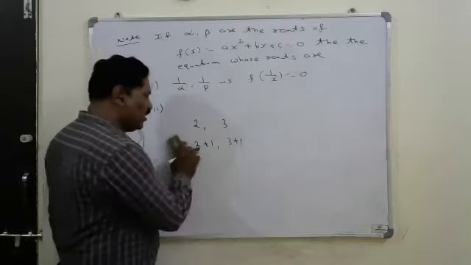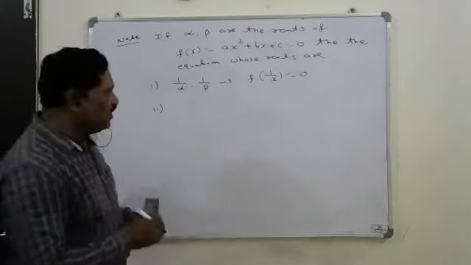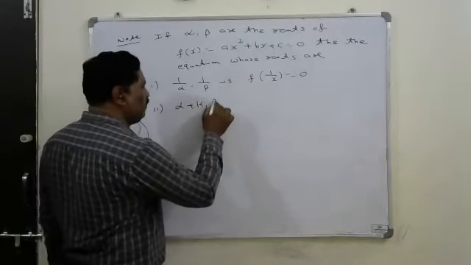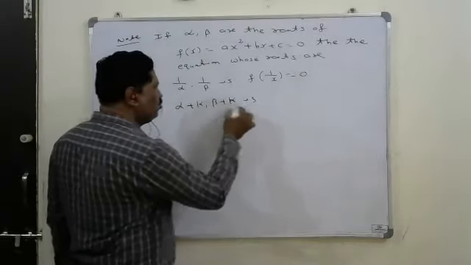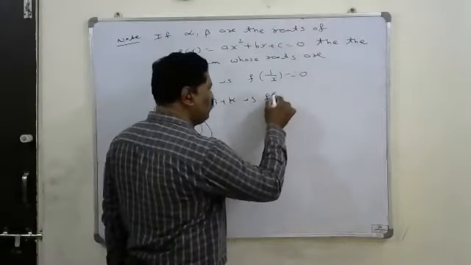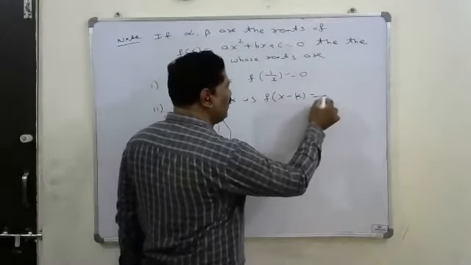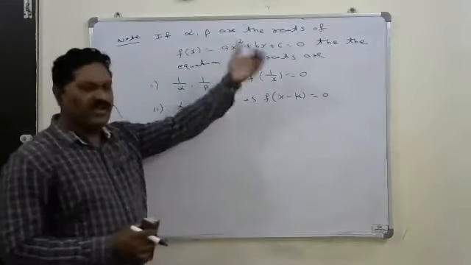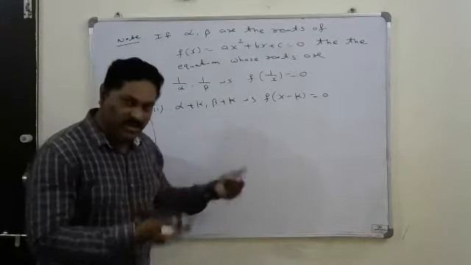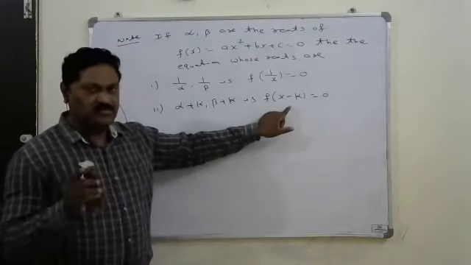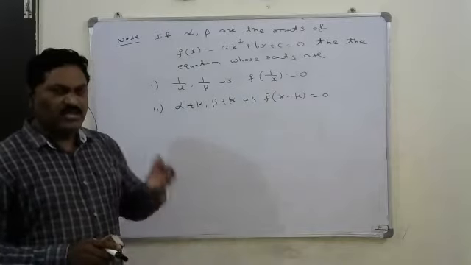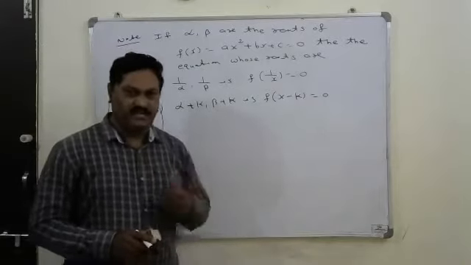If you want to find that, here also you need not go for the procedure every time. So directly we can write that. The equation whose roots are alpha plus k comma beta plus k, means each root is incremented by k units: if you want to find that equation, what we have to do is replace x by x minus k in the given equation and simplify that, we will get the required equation, right? If each root is increased by k units, you have to replace x by x minus k, you have to keep the opposite sign, remember that. You have to replace x by x minus k.